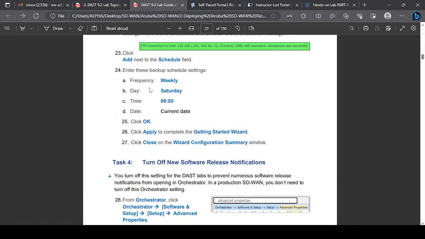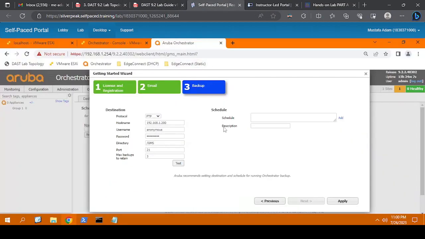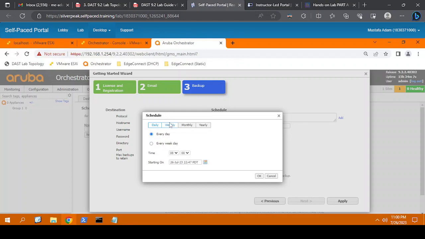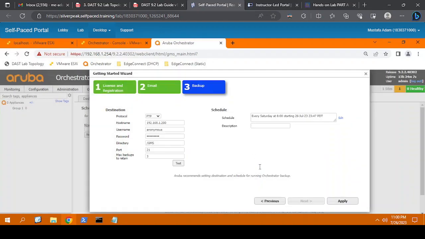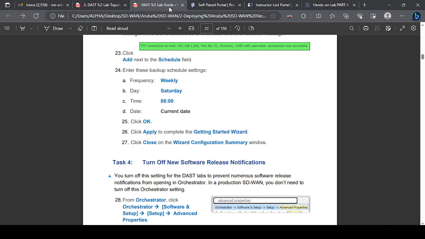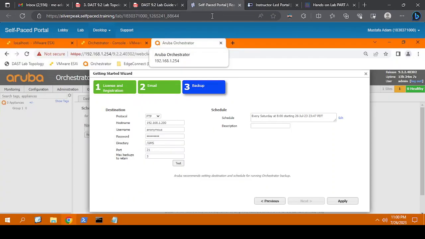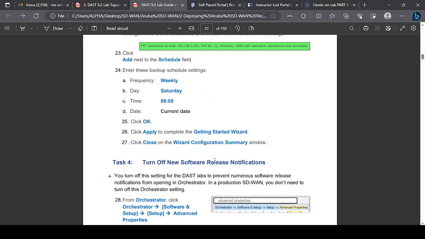Okay, the guideline document shows we have to put the scheduled backup weekly, every Saturday, I believe, at 8 a.m. Start on today. Hit OK. I believe so, Saturday. Okay. Now